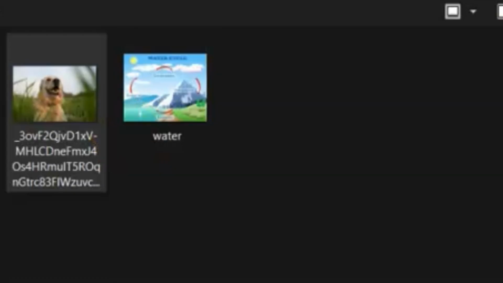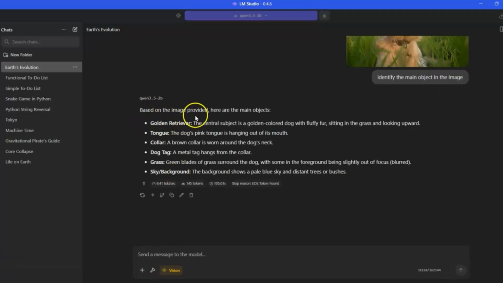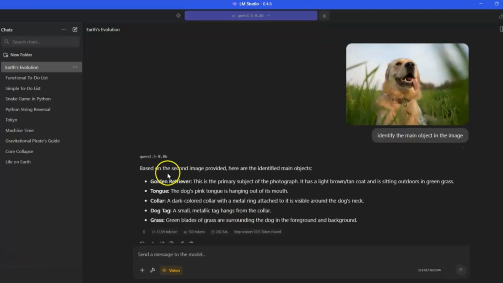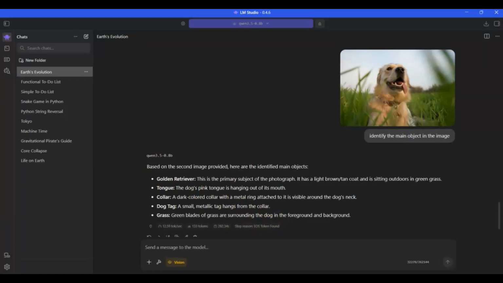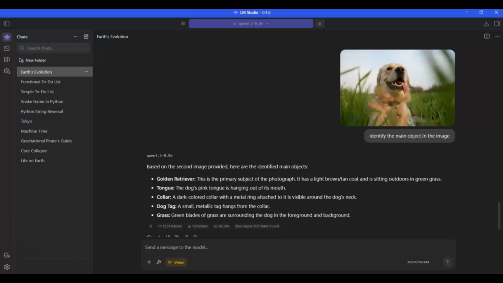Next up, since Qwen 3.5 is a multimodal model, we will also be testing it on its image capabilities. So for the first image understanding task, I gave it an image of a dog with the focus on the dog and the grass in the background with the sky. And I asked both the models to identify the main object in the image. And here in the first result, as you can see, both the models picked up on all the small little details of the image like the dog, the grass, the sky, and the color of things also. So this worked pretty well.